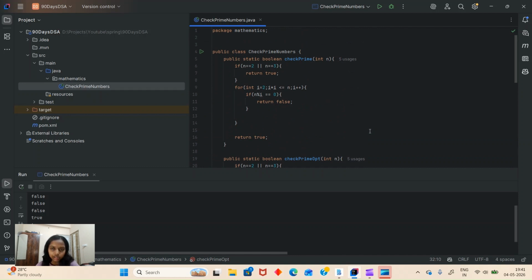So in this way we can solve these questions. This is not a particular question, but this will be very useful in interviews. In any question which involves prime numbers, they won't be asking directly about prime numbers, but there will be some questions where you have to find the prime and then use that solution somewhere else.